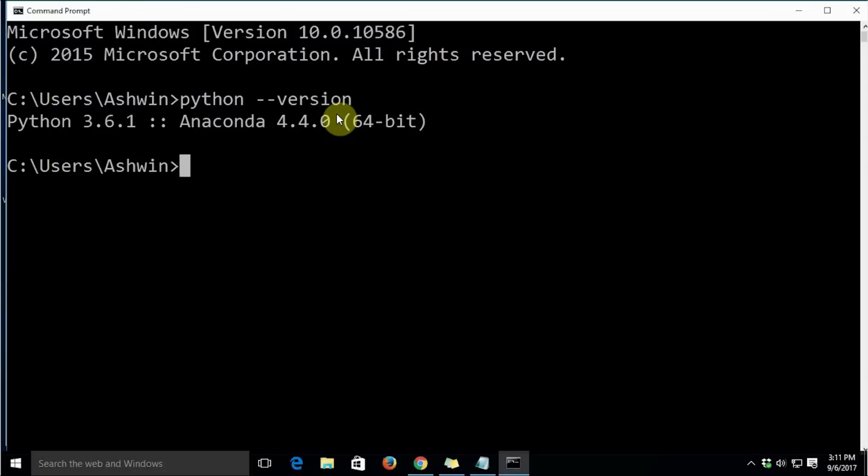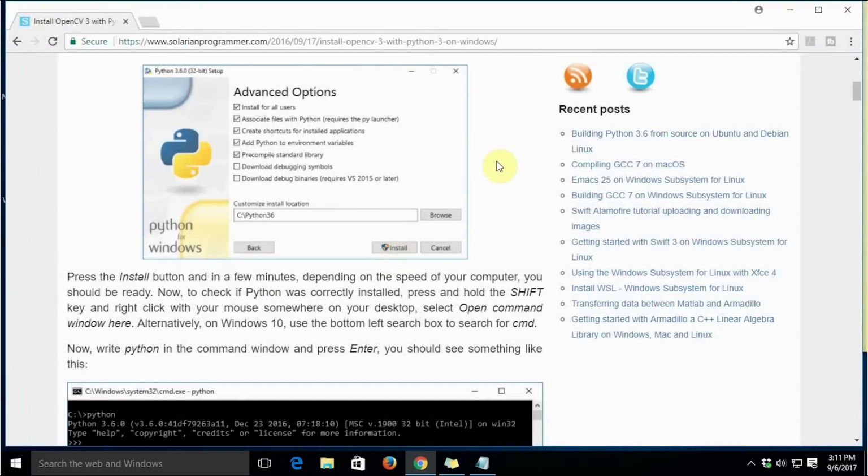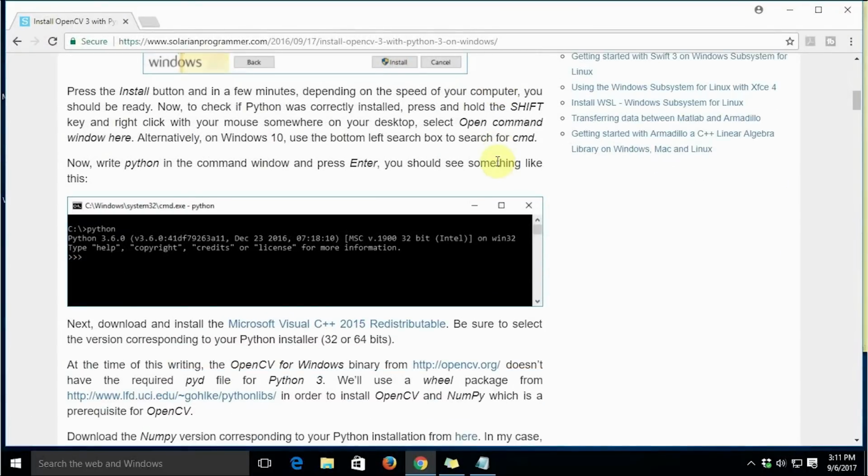It is necessary that all of us know these details, because we need to know the version of Python. Also, we need to know the kind of system that we are working with, whether it's a 32-bit system or a 64-bit system. In my case, it is the Anaconda distribution of Python. Python comes as a part of the Anaconda distribution, and its version is 3.6.1 on a 64-bit machine. So with this, let's close the window and move ahead with the next prerequisite.